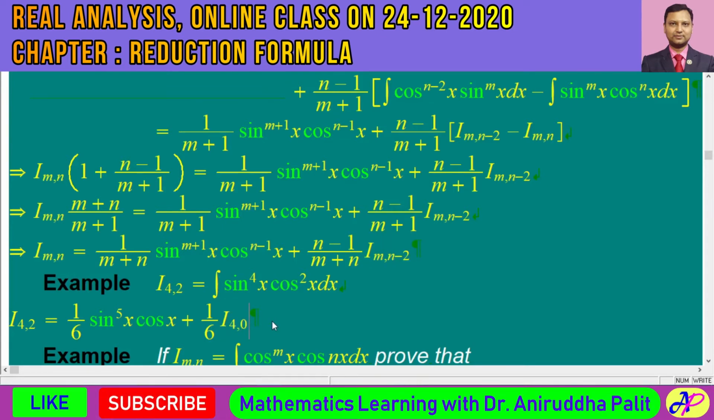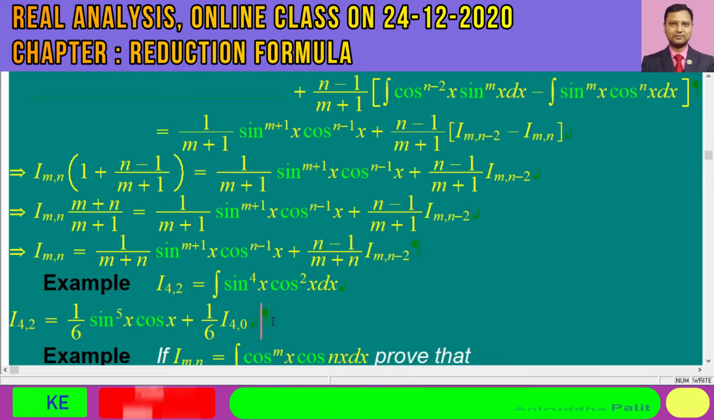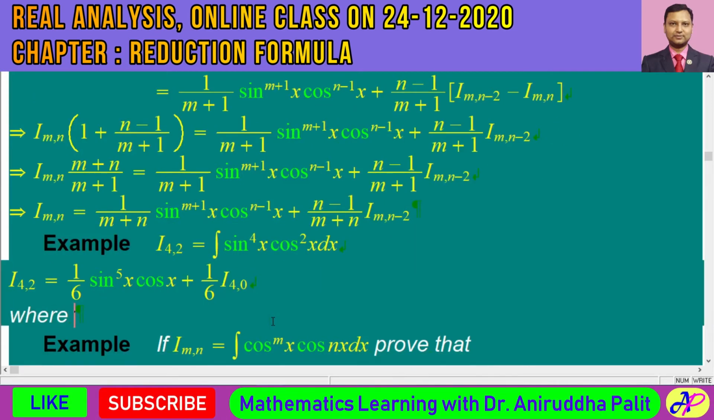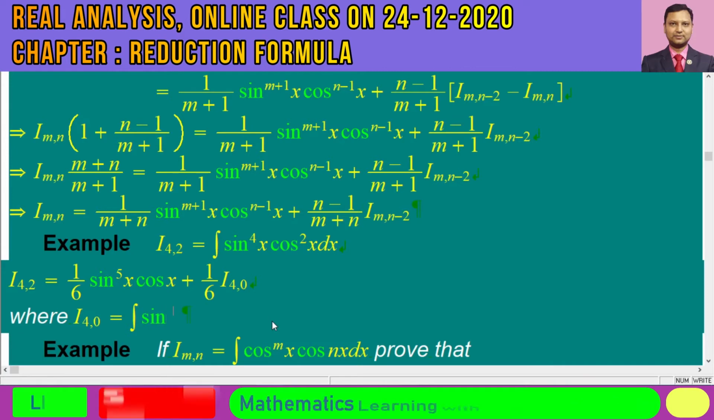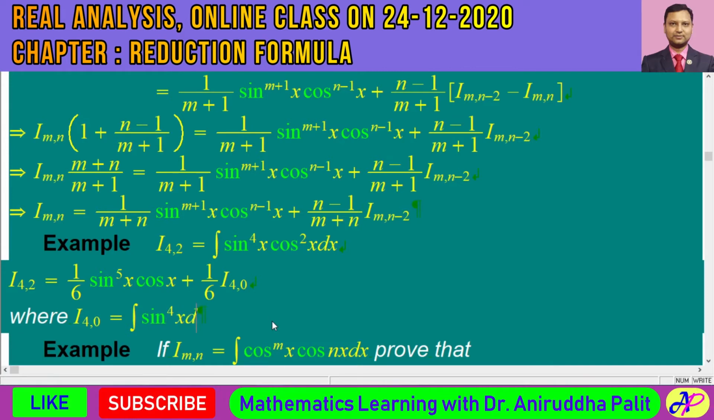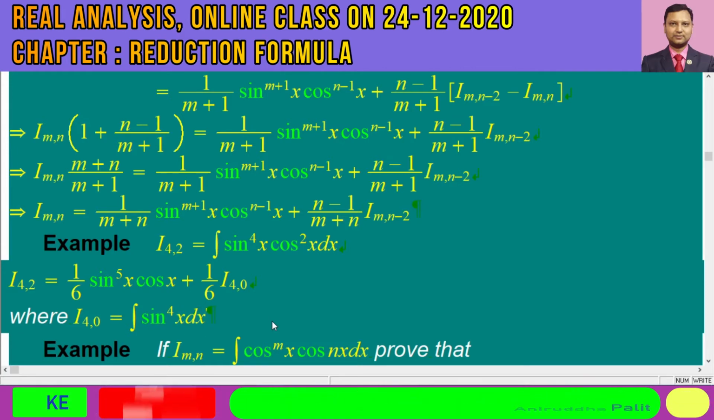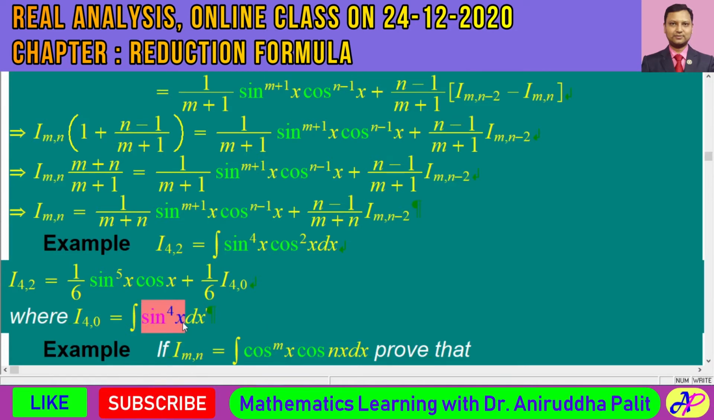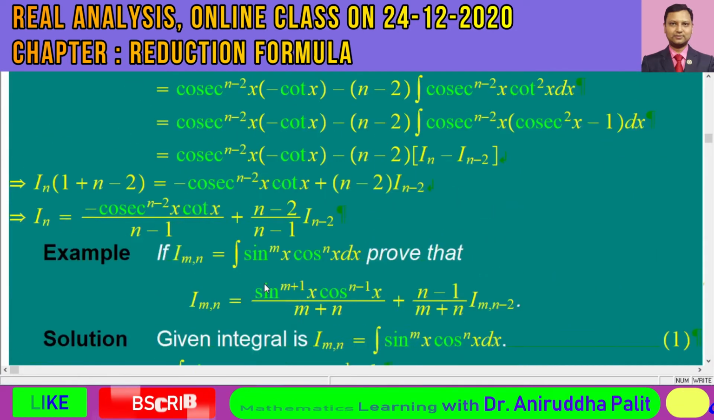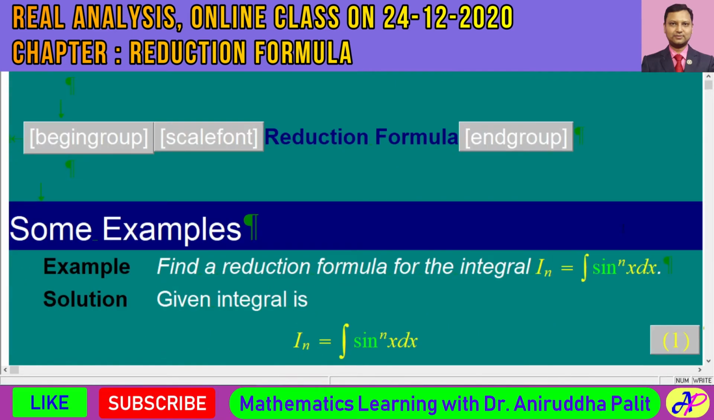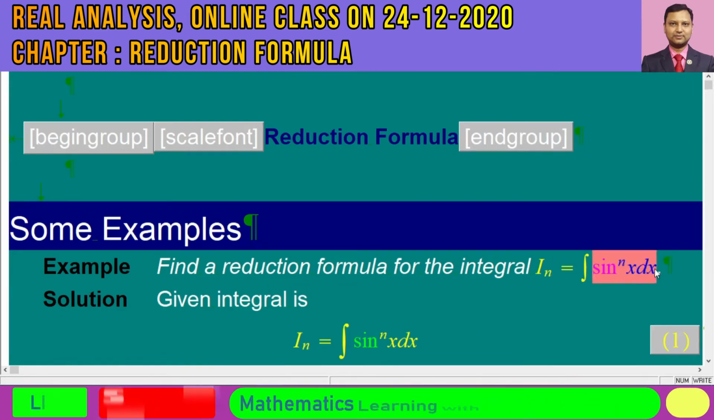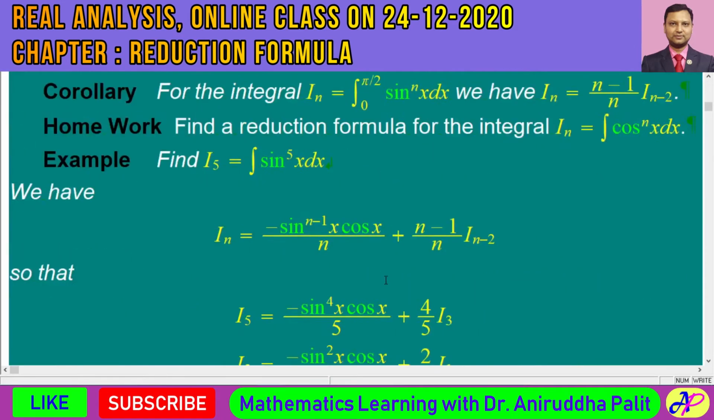And what is I4 comma 0? Over here you see, I4 comma 0 would be equal to the integral of sine to the power of 4x dx. So now ultimately this expression gets converted into the first kind of formula that I discussed over here, sine to the power of nx dx. So you can say, sir,